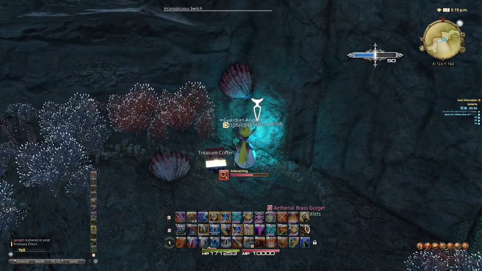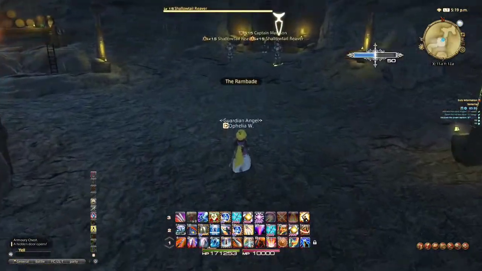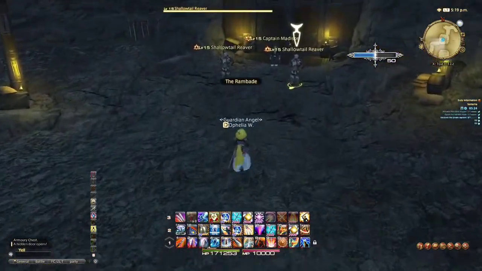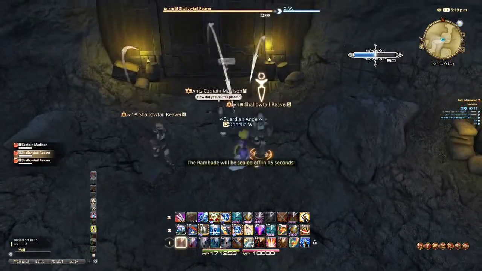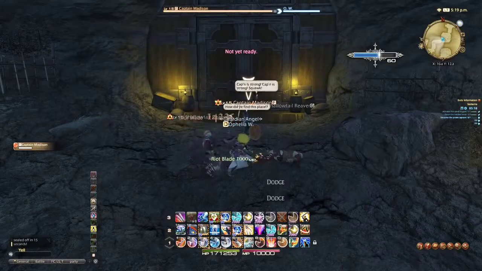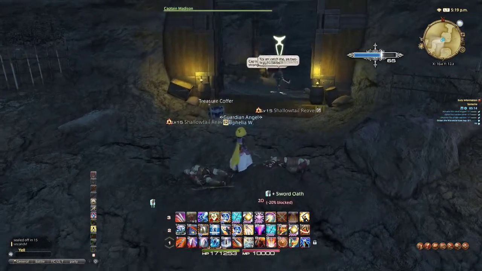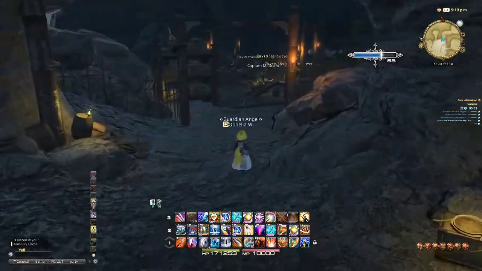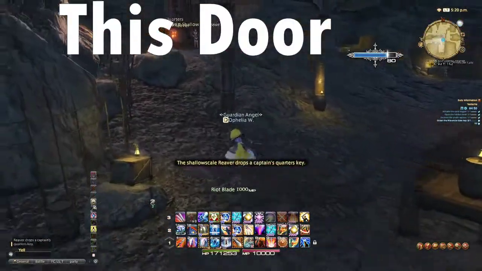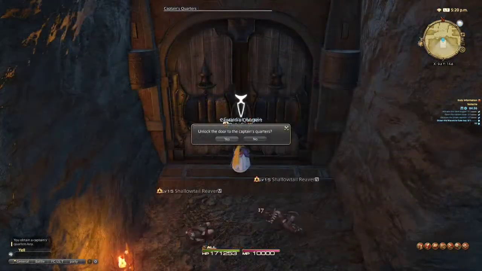After a short sequence, you will find Captain Madison flanked by 2 crewmates. Kill the crewmates first, then focus Madison until she runs away. Moving on to the next area, fight until you find this door. One of the enemies should drop the key needed. Pick up the key, open a door,